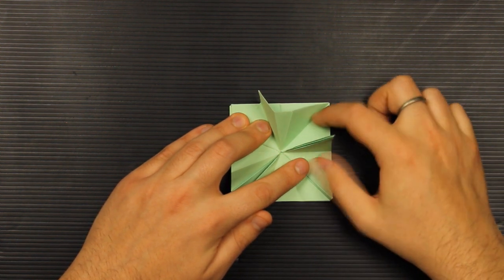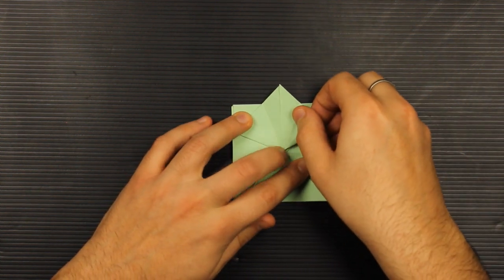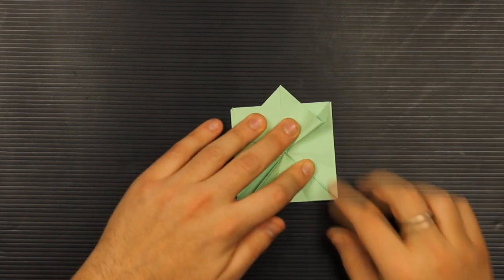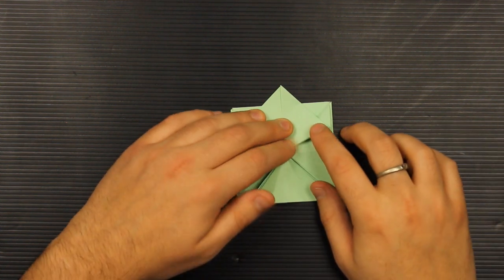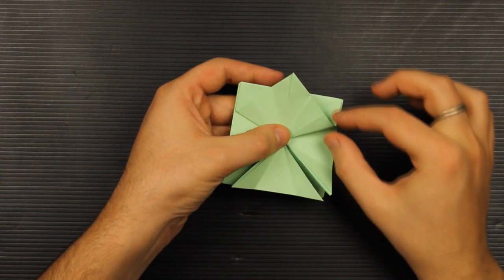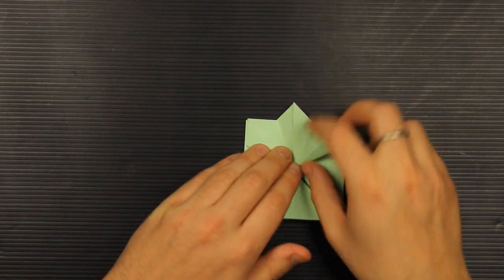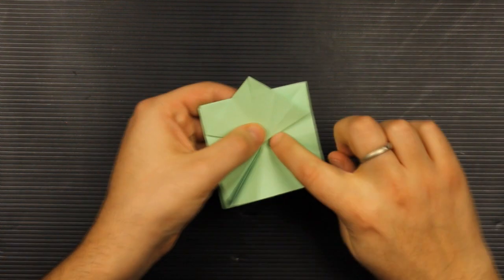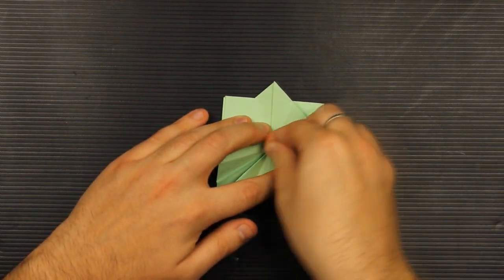So down here we have this crease. Just fold it on that crease, and you can see that we don't have a crease over here that helps us with folding. We just have to make it. So this is the mirrored side of this side. So you just have to make everything aligned here and then crease